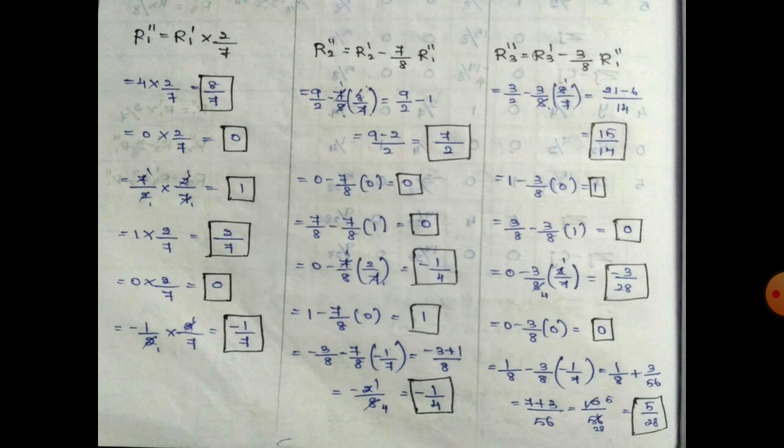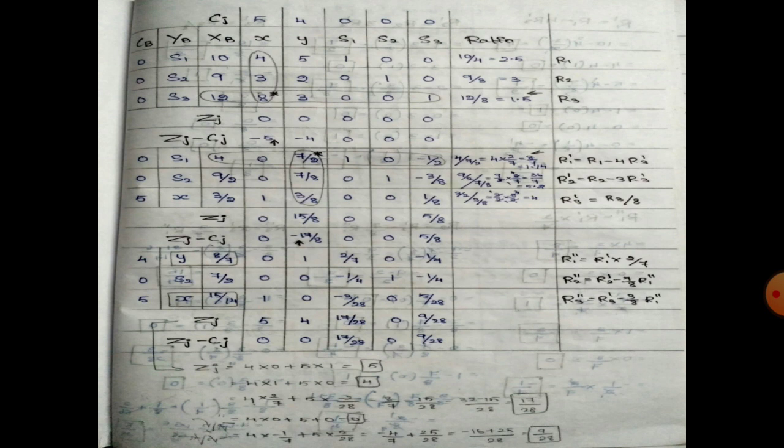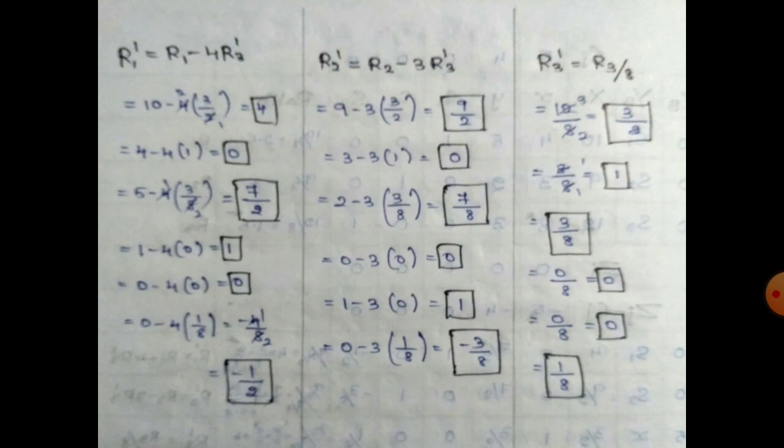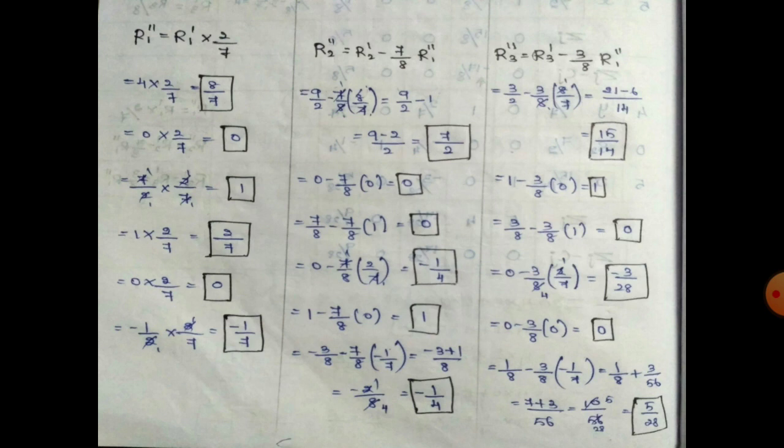So now we have to fill the R2 double dash column: 7 by 2, 0, 0, minus 1 by 4, 1, minus 1 by 4. Next we have to come to the calculation of R3 double dash. So R3 double dash is equal to R3 dash minus 3 by 8 times of R1 double dash. So 3 by 2, 1, 3 by 8, 0, 0, 1 by 8 are the values